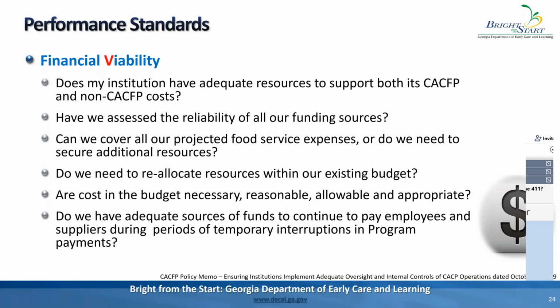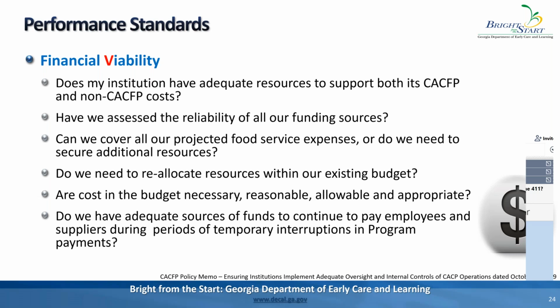Okay? Have we assessed the reliability of all our funding sources? Okay, do you have enough money, revenues or income to come in to support your institution? Can we cover all of our projected food and service expenses, or do we need to secure additional resources? Do we need to reallocate resources within our existing budget? Are all of our costs for the budget necessary, reasonable, allowable, and appropriate? Do we have adequate sources of funds to continue to pay employees and suppliers during the periods of temporary interruptions